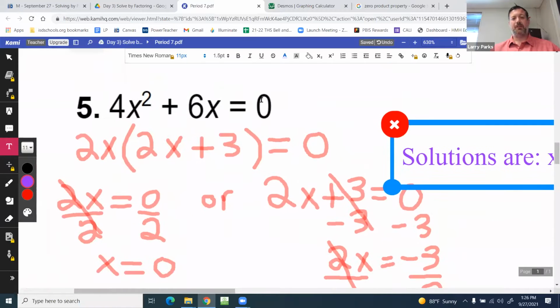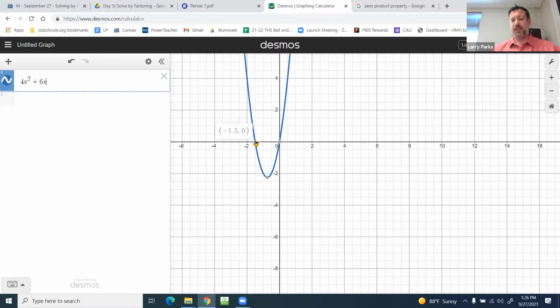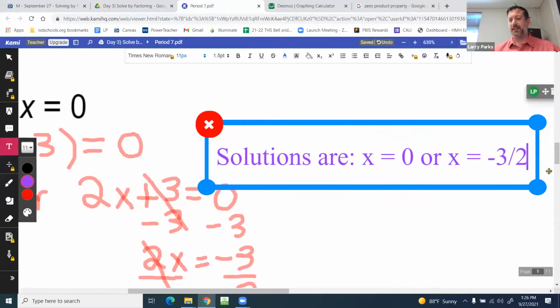Let's go check my work. 4x squared plus 6x equals 0. Notice I have 0 as a solution, and I have -1.5 as a solution. That is what I just put down. So I know without a doubt I'm correct. So while you're working on these,